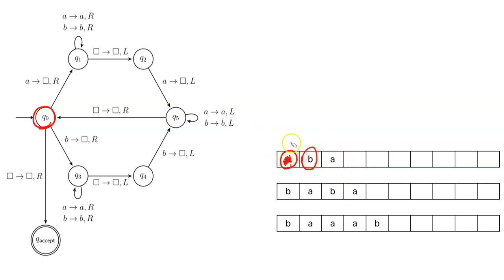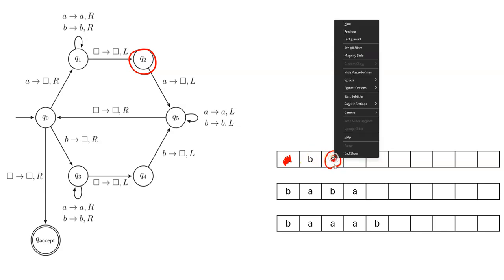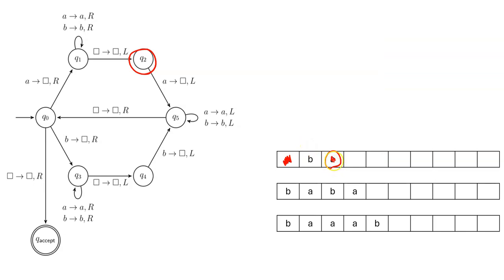We move to the right, and we are in Q1. Then we have a B, which moves, and you can see what happens from Q1. We just keep cycling along until we hit a blank, at which point we move back over here, and we are in Q2. Now, this was an A, so it becomes a blank. If that was a B, it would have crashed. So from here, we move now to the left, and we are in